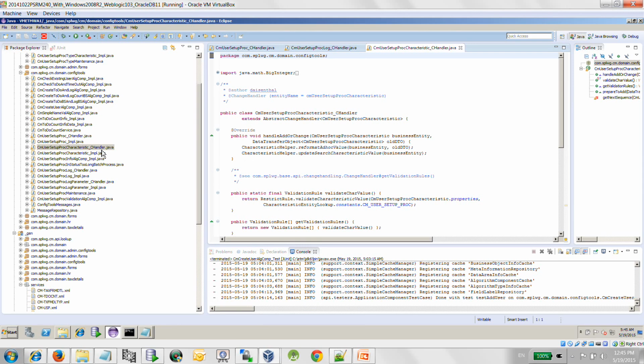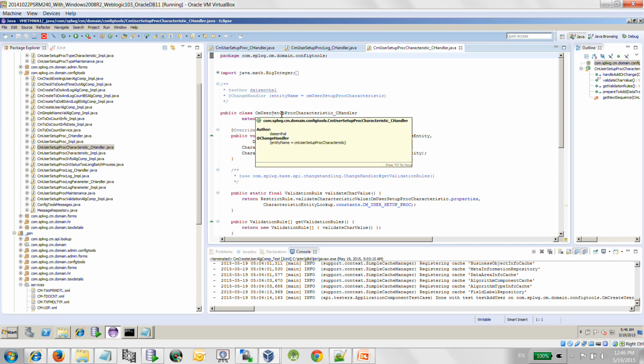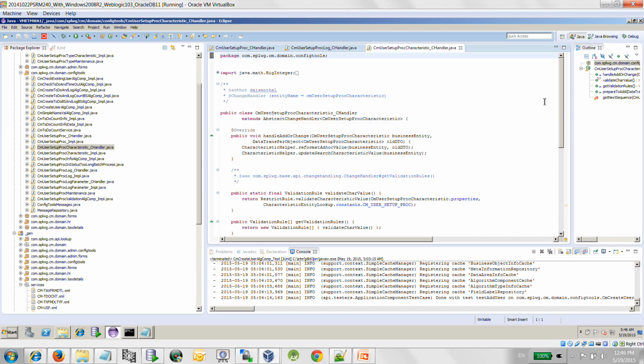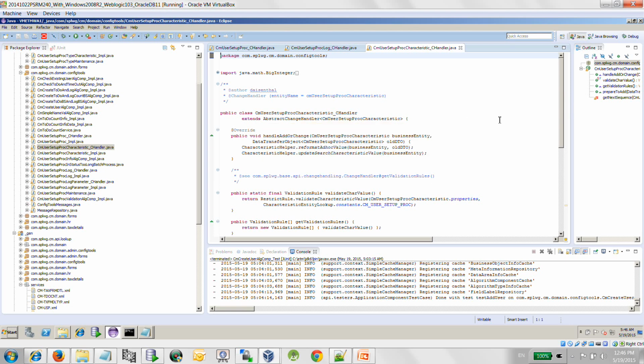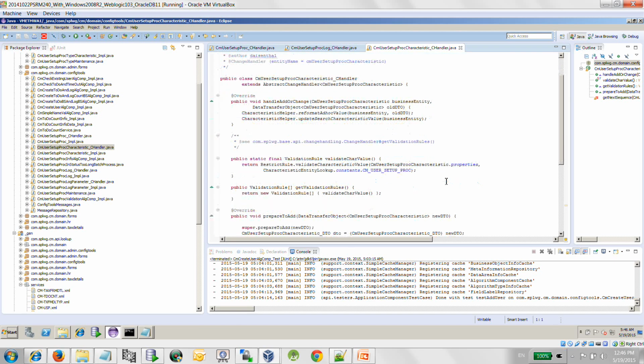change handlers. And here are the change handlers for the user setup process. And you will see that the change handler is a class which extends this particular base framework class. And you should see that we have methods like handle and add or change, and we also have validation rules